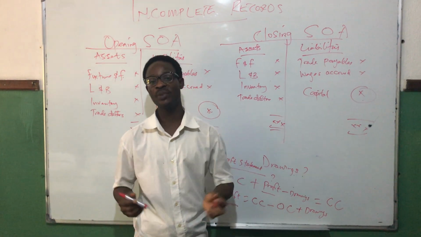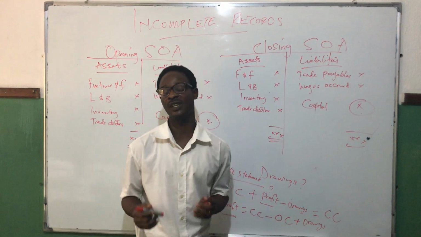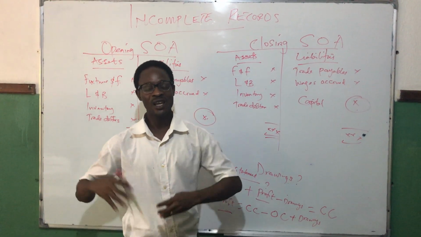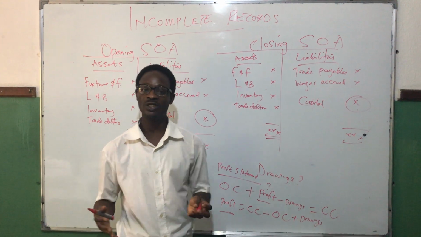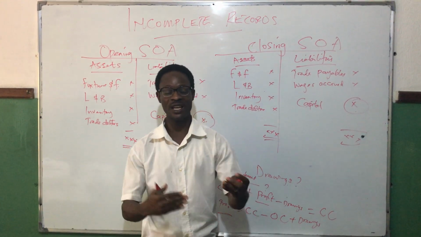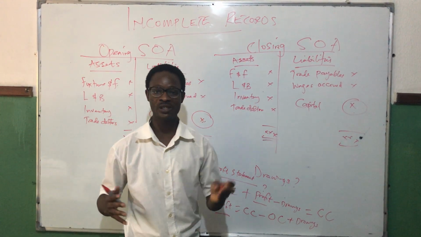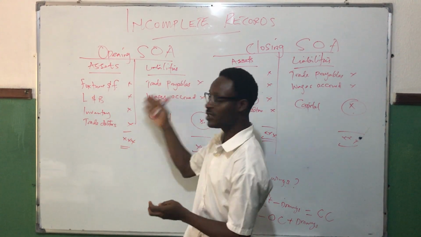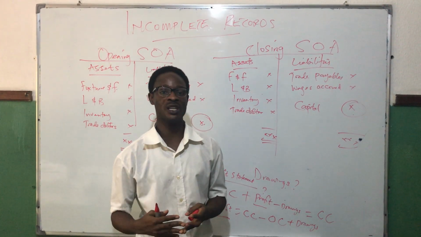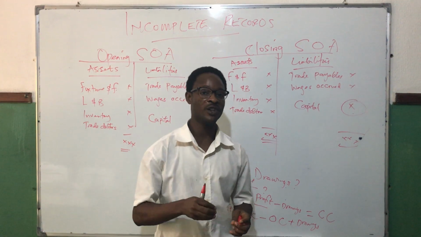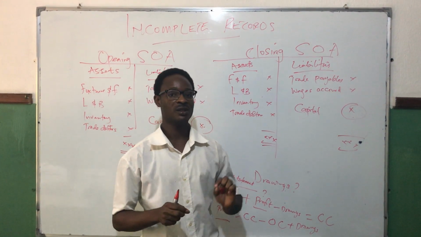There is no way we can prepare income statement without sales and purchases. But if the examiner gives us a scenario that has opening and closing assets and liabilities that were used earlier here and gives us cash book, we'll make use of the opening and closing information to prepare